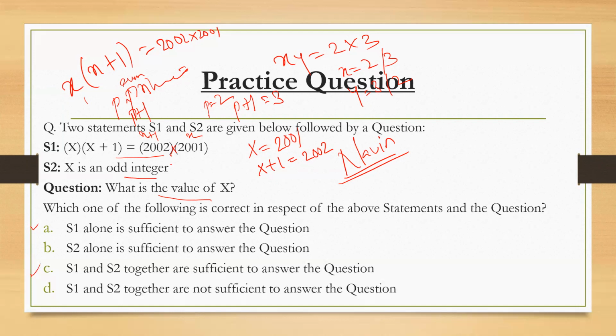Okay, Raghavan. Yes, tell me. Sir, how sir you equated x equal to 2001 and x plus 1 equal to 2002? Like how it's like factorization method or how it's... See here,